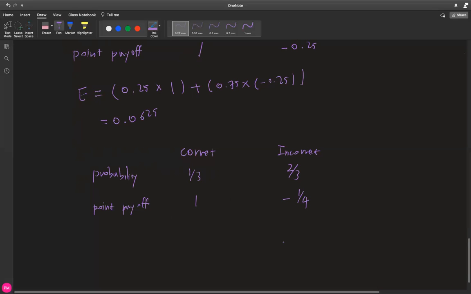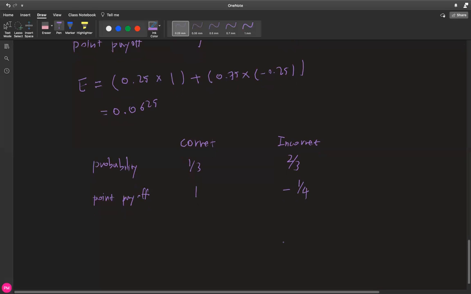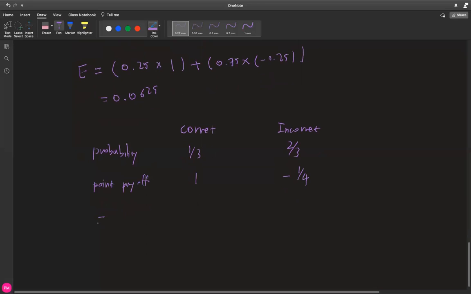We first tried choices of 5, so you're choosing 1 correct answer out of 5. And then we tried choosing 1 out of 4. Now we're choosing 1 out of 3. The expected payoff, you can simply say, is now 1/3 multiplied by 1 and 2/3 multiplied by -1/4.